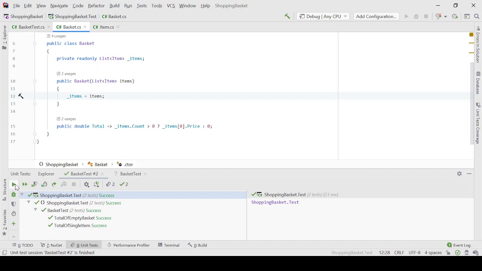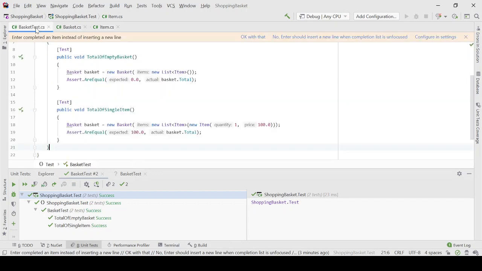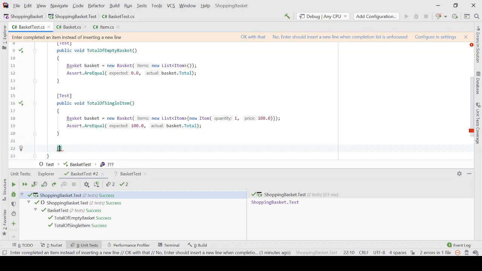Okay, both our tests are passing. That means it might be time to think about refactoring. I'm reasonably happy with my basket class and with my item class. They're about as simple as we can make them at the moment. Let's take a look at our test code. Again, yeah, it's readable. It's easy to understand. So I'm happy at this point to move on